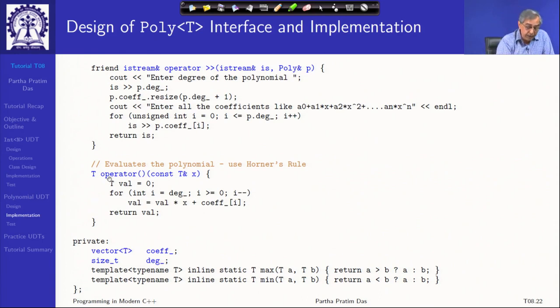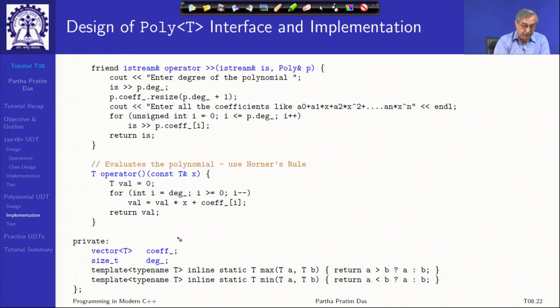So, instead of giving a different function, I actually overload the function call operator. So, this is a polynomial UDT, which is also a polynomial functor, right. So, if I invoke the function call operator in this class with any given parameter value, then the polynomial will automatically get evaluated, right. So, you can see how things are